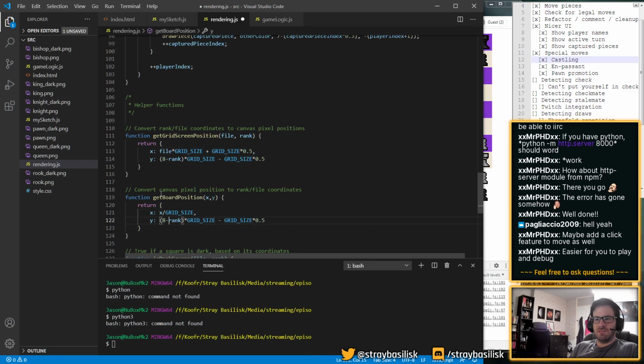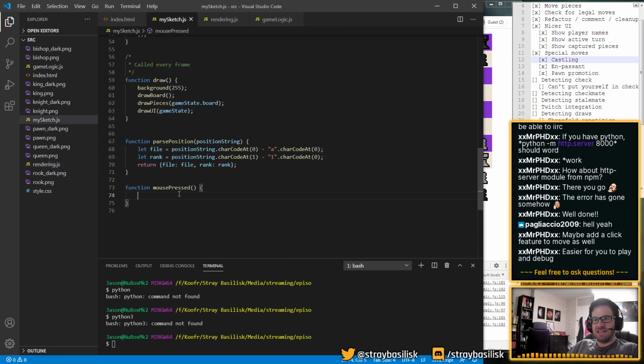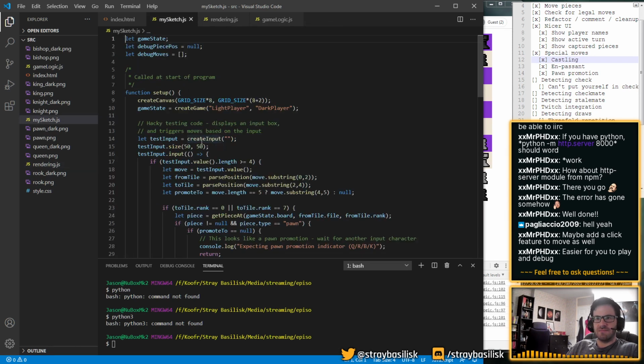It's going to be 8 minus web size. Oh. And then I'll probably just hack this in a way, like where's my input?